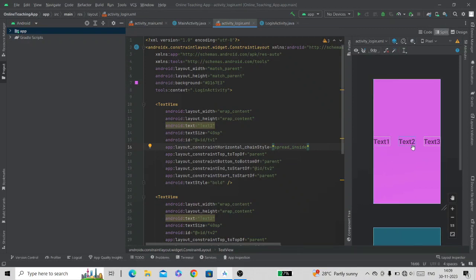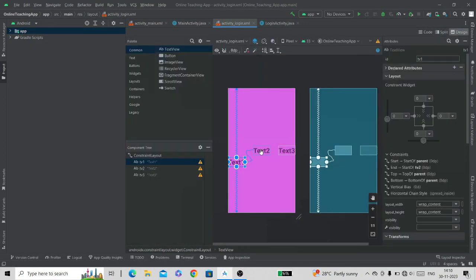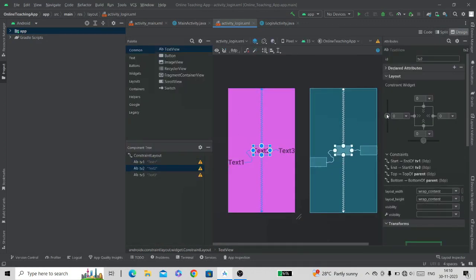This is how we arrange them horizontally, and we can change their position vertically using bias. So let's add a vertical bias here and try to give some biasing. We can do this in design also. First we need to select the view and then we can give vertical bias here.